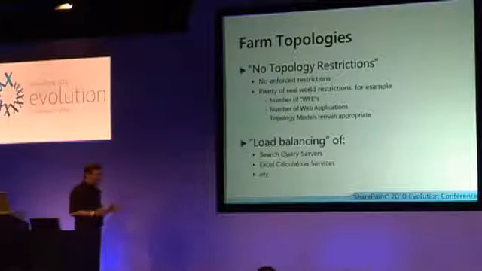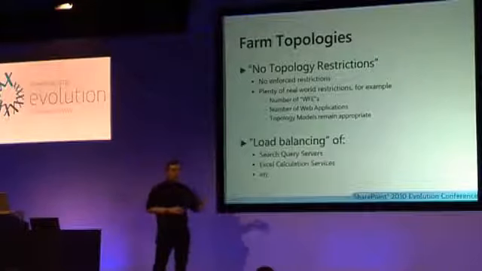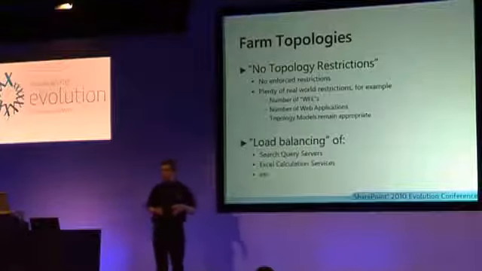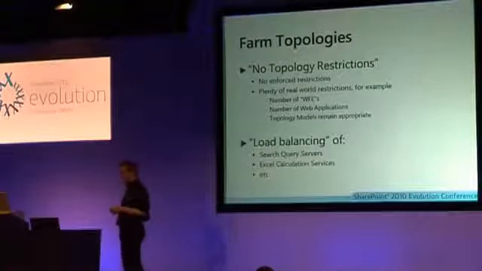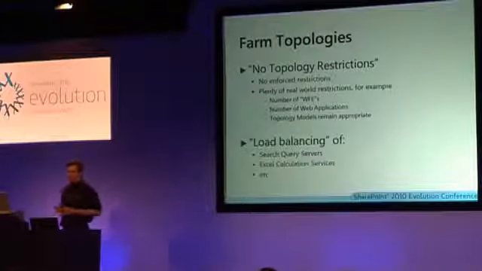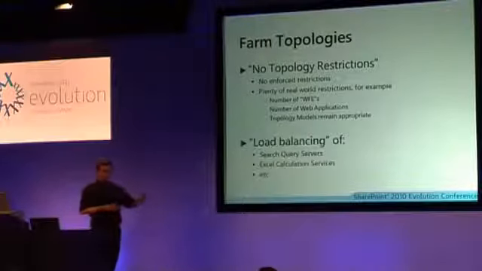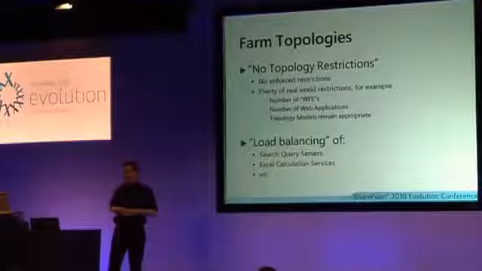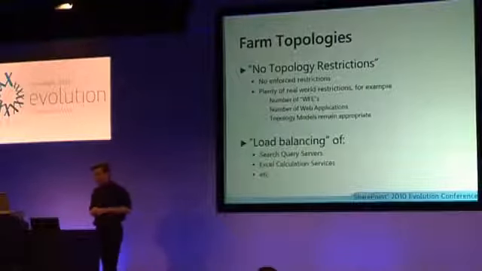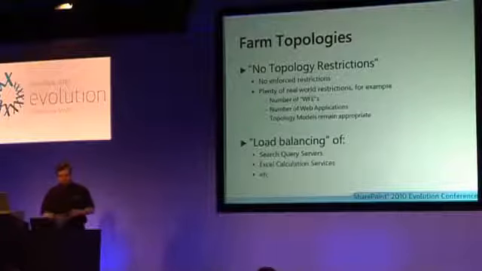And then with 2007, customers didn't like that because there were many topologies available to you in 2003 that worked just fine and were entirely appropriate, but because Microsoft hadn't tested them in their own labs and so on, they weren't going to support them. And so there was a big customer pushback. And with 2007, they had this marketing spiel that said there are no topology restrictions in 2007.